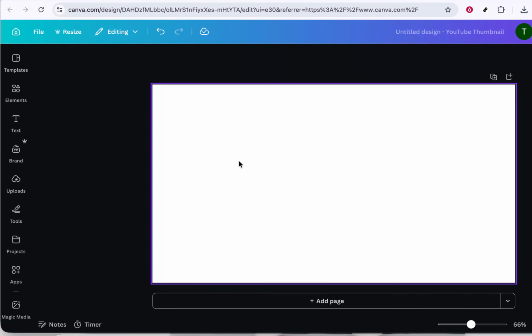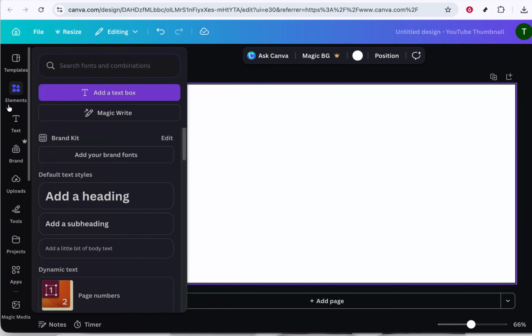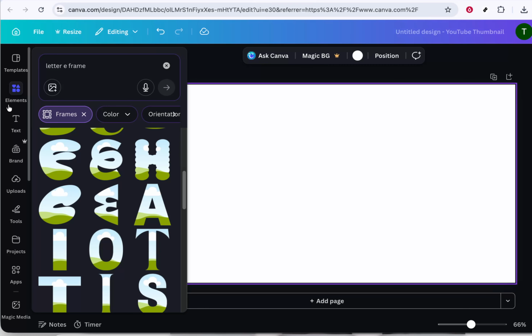In today's video, I'm going to teach you how to mask text in Canva. Masking text is a simple way to make your designs look more professional by placing an image inside a letter or word, so the picture shows through the shape of the text. I'll walk you through the process step by step, and by the end, you'll know exactly how to do this